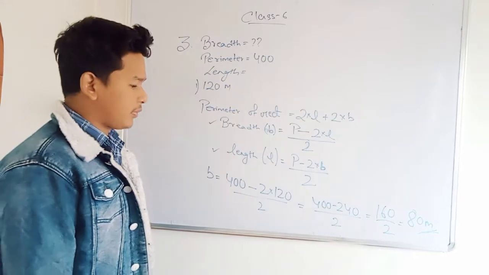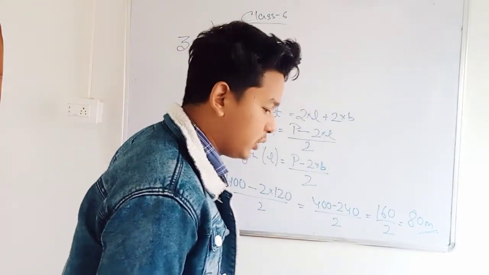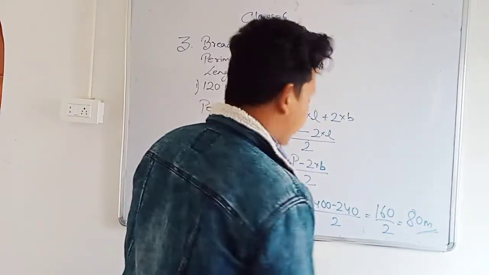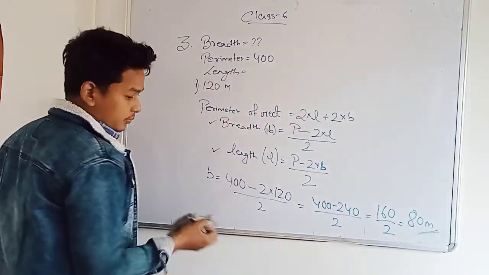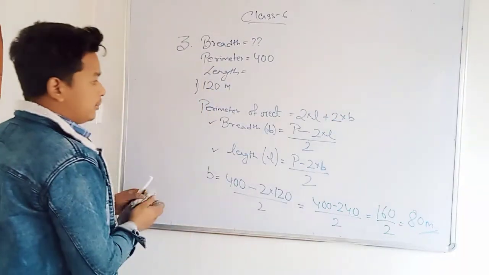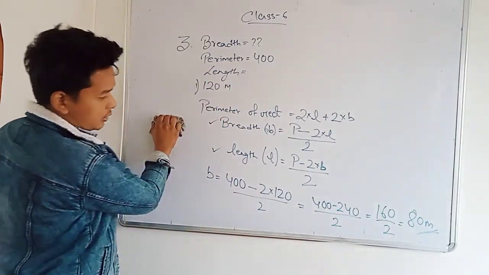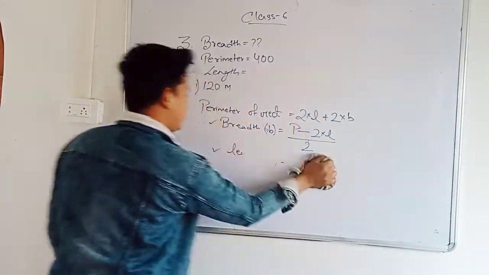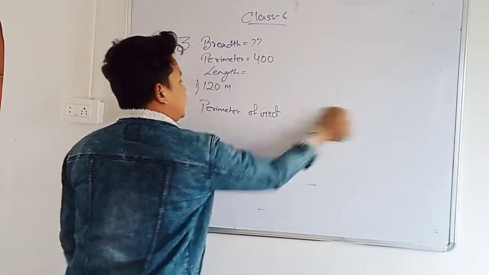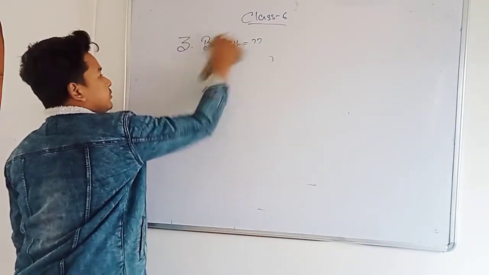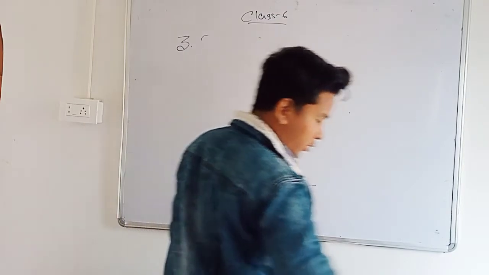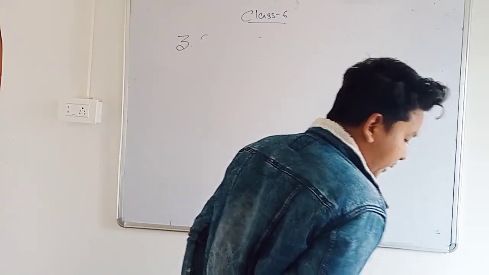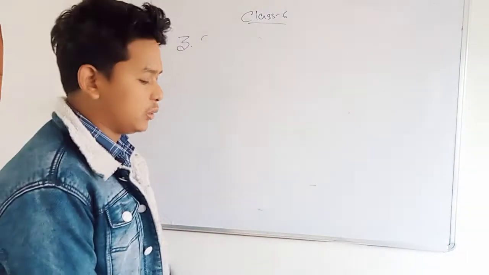Is it okay? So rest of question number 2, 3 and 4 do by yourself. I will continue from question number 4. 4 means natural number 4, not Roman number 4. Okay. So I hope you got this. Now question number 4 says the length of a rectangular field is 95 meter and perimeter is given, similar to question number 3 only.